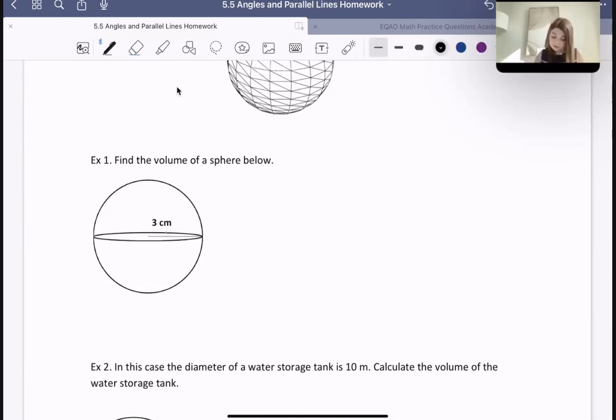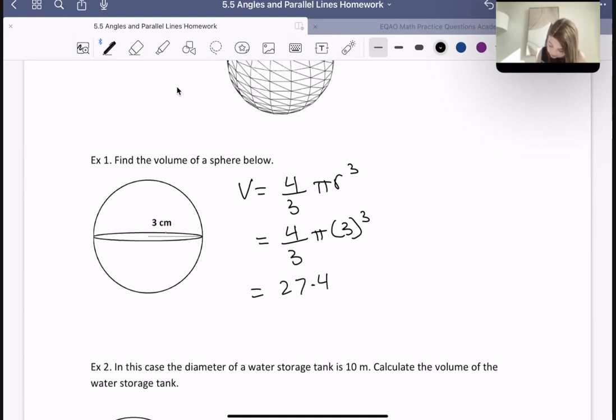So for this one, what we would do is we're going to say volume is equal to 4 over 3 pi r cubed. In this case, r is 3, so this would be 4 over 3 pi 3 cubed. And let's see, well, 3 cubed is going to be 27. So this is going to be 27 times 4 over 3 pi, which is going to be 36 pi,